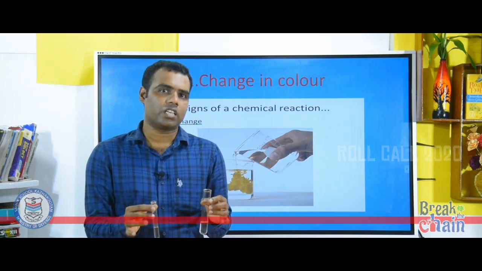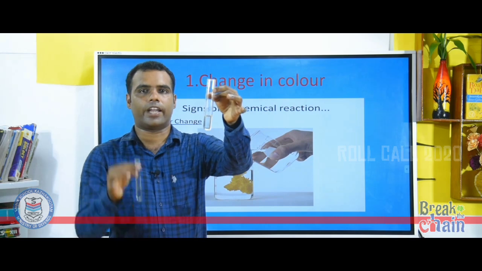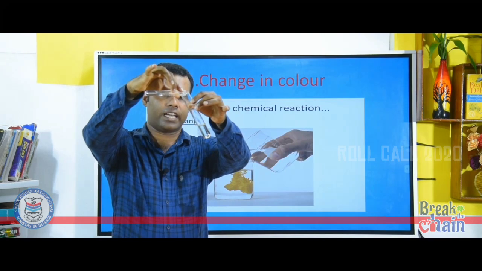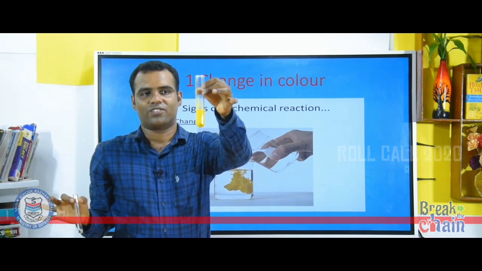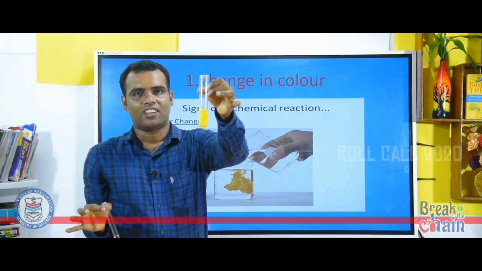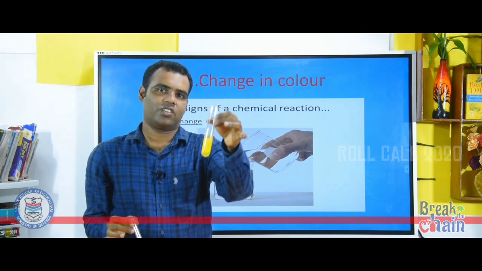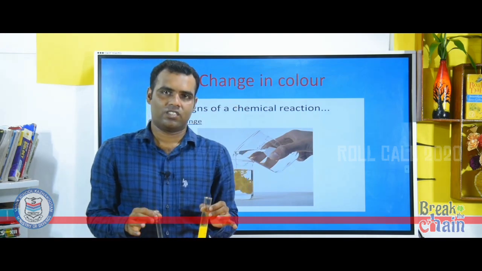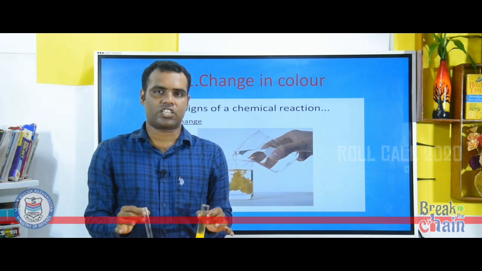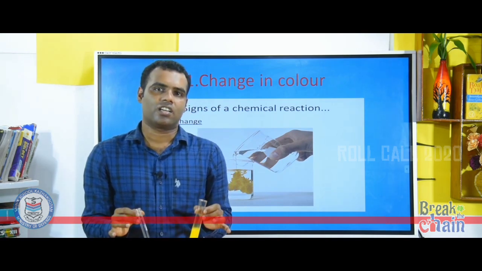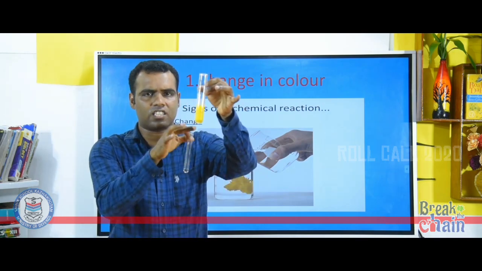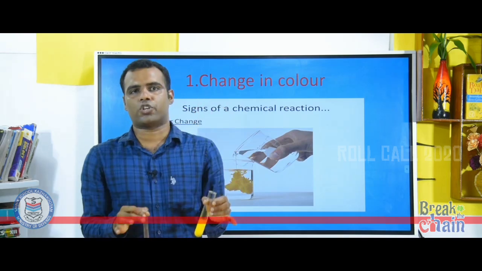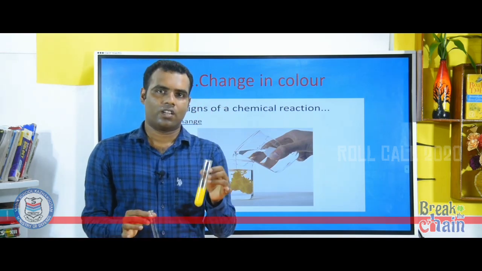Let us look at the experiment. So, there is potassium iodide and lead nitrate. I am going to mix these two. See the magic of chemistry. What could you observe here? I mixed two colorless solutions. After mixing, we got a yellow colored solution. This is an example of a chemical reaction in which there is a change in color. So, what is the reason behind this yellow color? This yellow color is due to the formation of a new chemical substance called lead iodide.